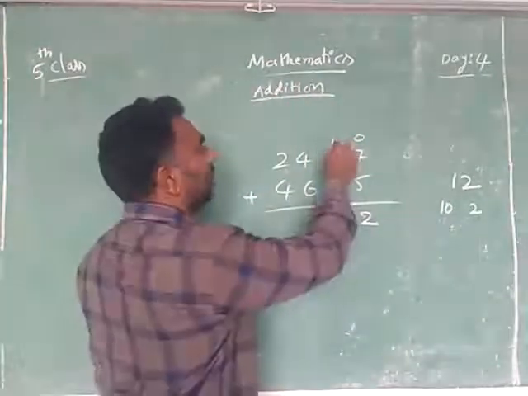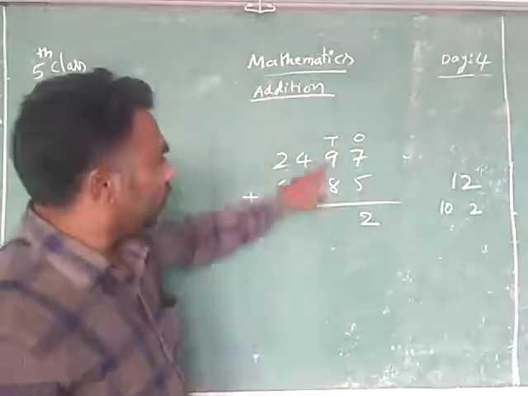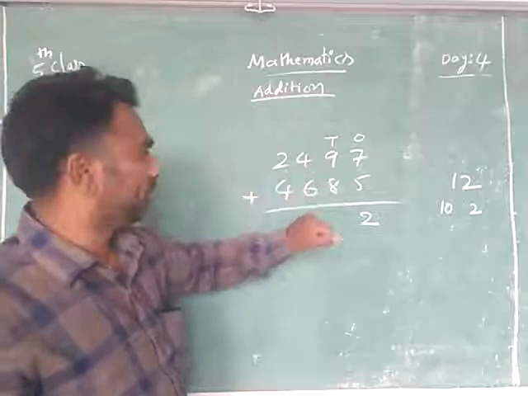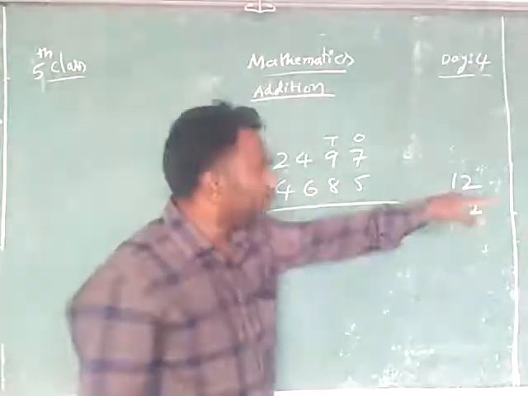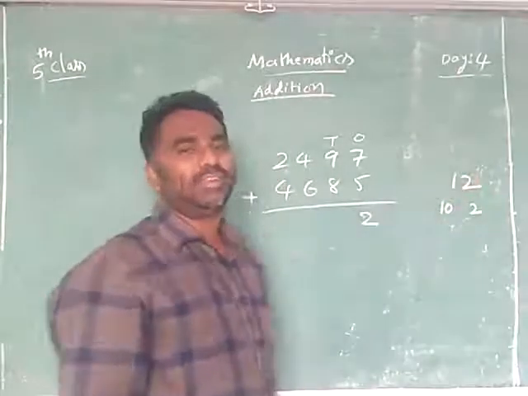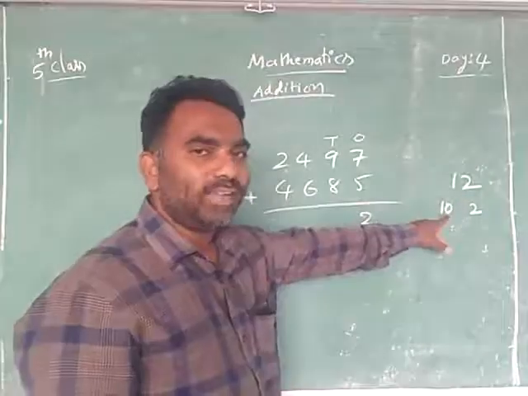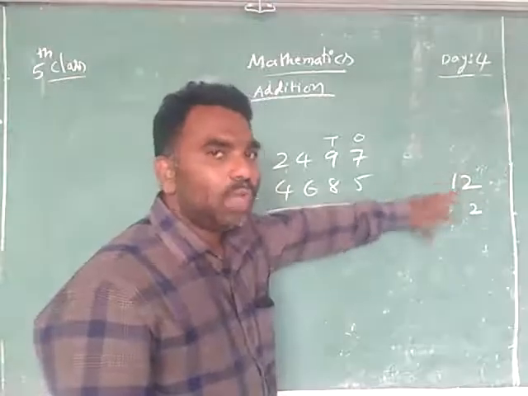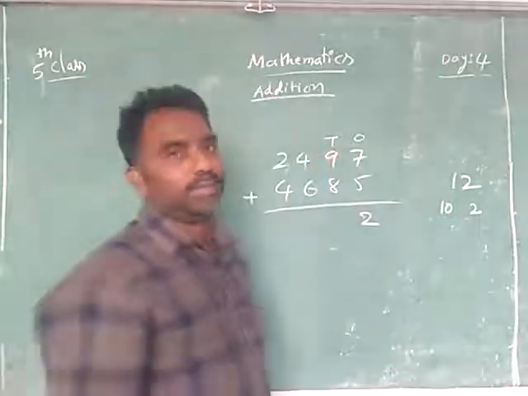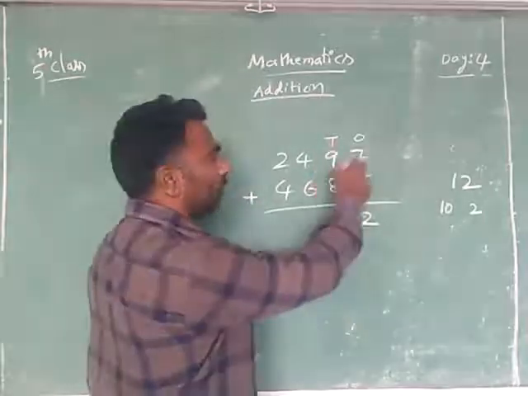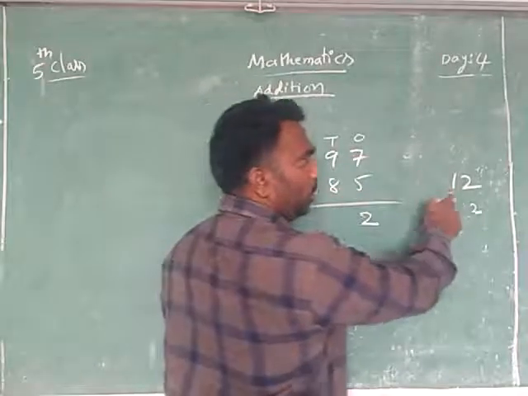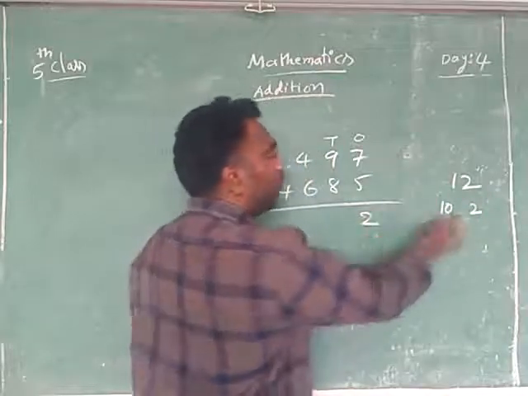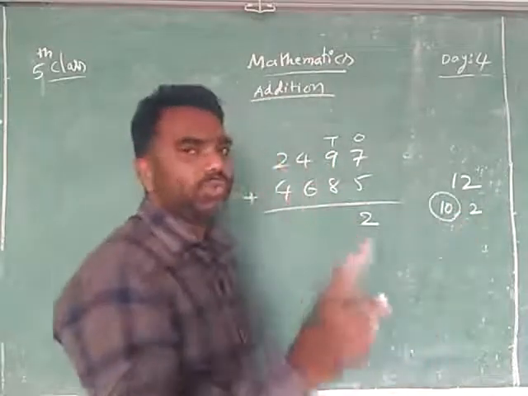You see, these are tens. Actually it is not 9, it is 90, 9 tens. This is 8 tens. But we are getting one extra 10 here. That's why this 1 ten we join in the tens line. When you add this, I got 12. The meaning of 12 is 10 and 2. 2 I have written here, and 1 ten is left.